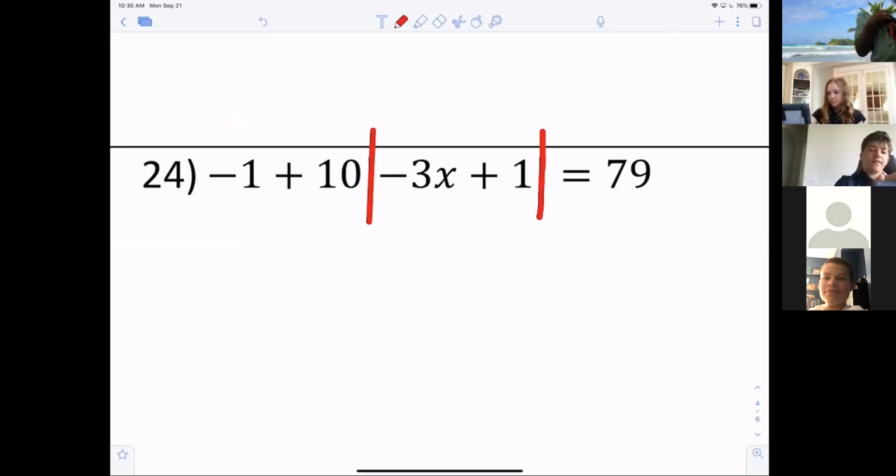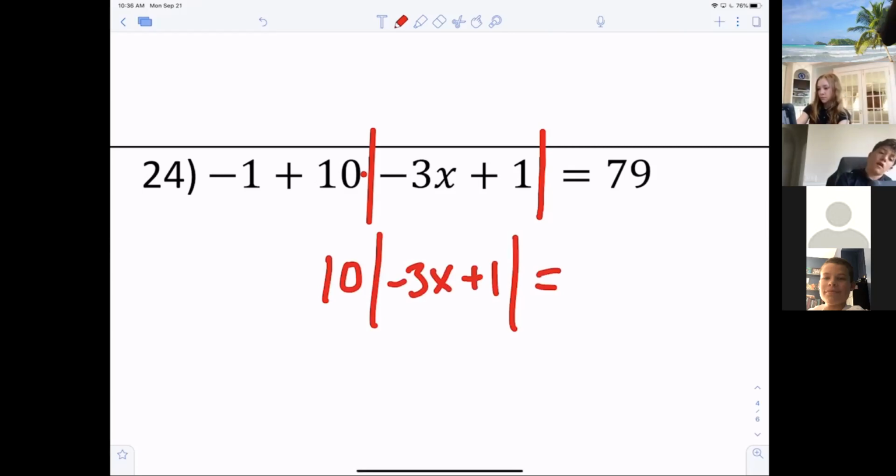What do I need to do, Mr. Pica? So you have to subtract the 10 from the 79. No, pay attention. That is multiplication. What do I have to get rid of? You're close. The 10 and the 1? Not the 10 first. The 1? Yes. Specifically, that's a -1. So what do you have to do? You have to add 1. Right, there you go. So then it becomes 10,